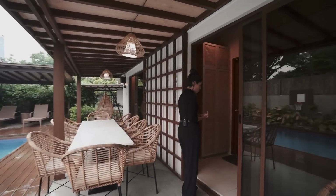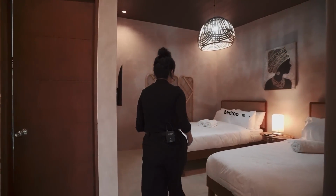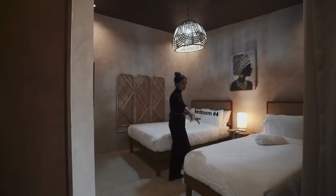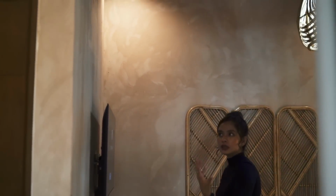Okay, so let's check this one out. So here we have bedroom number 4. And this has one queen-sized, full-sized bed and one single bed. So technically 3 people can fit in here. You still have high ceiling. You have the same kind of finish for the walls. By the way, I don't know if it registers in the...